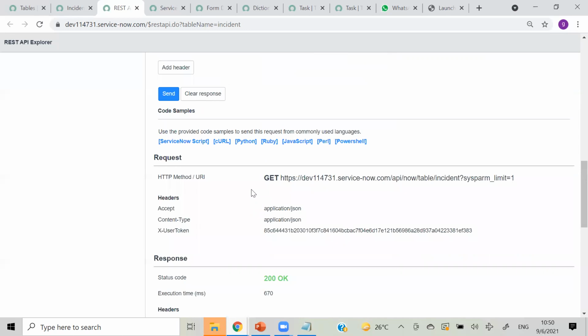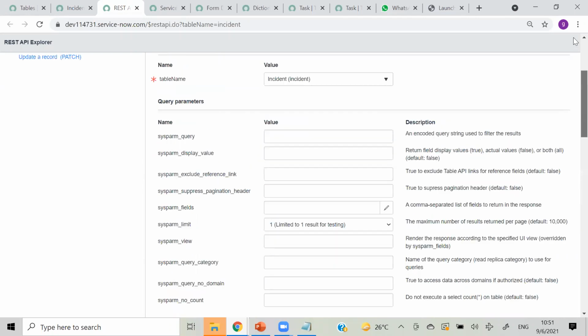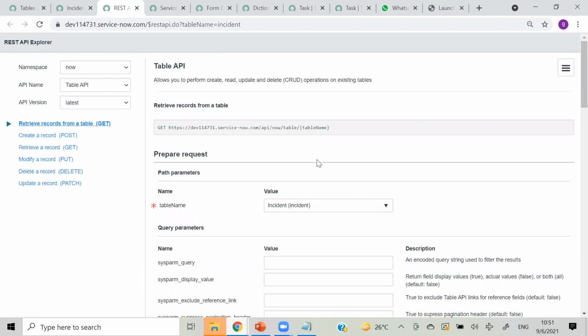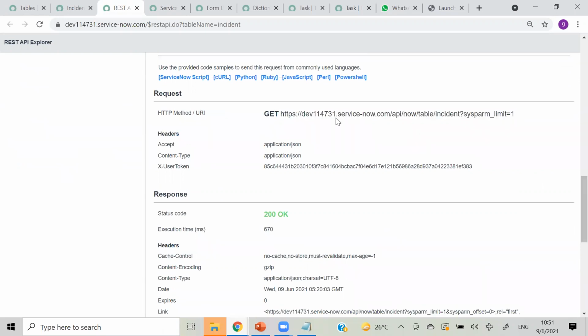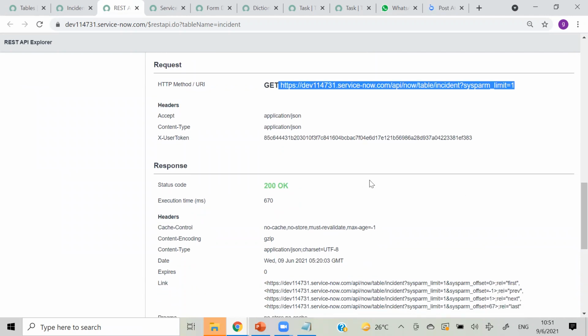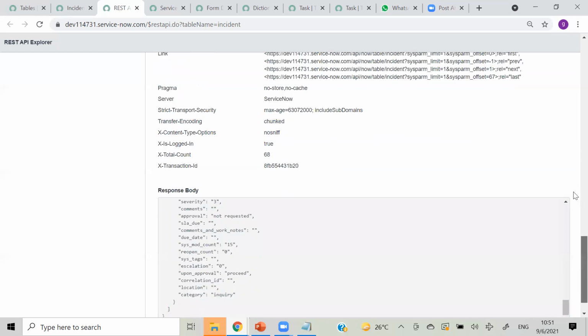And if you want to give this REST API URL to your client, just copy this and give. That is how easy it is in ServiceNow. Just select your table and select any of these methods. If that is your GET method, it will create a URL on the bottom. So just give this to your client and he will be able to access your data. And you people know about status codes 200, 201, 400, all those things, right? So that is what it is about.